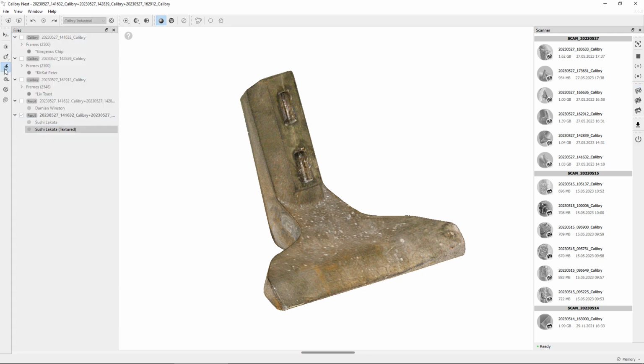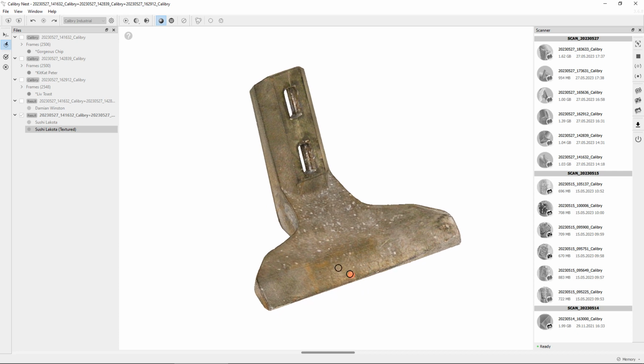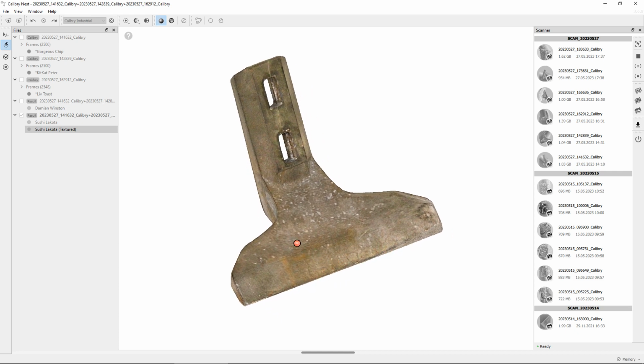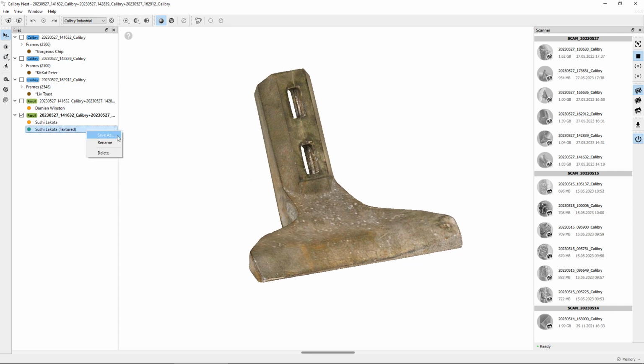And another tool that we have, it's a magic clone stamp, which helps to remove blemishes. So I can, of course, change the size of the object. In this case, I'm using Control, so all tool functions are done with Control. So then you can just select the part that you want to remove, like this blemish over here. And I can just select this little area and click on it with Control pressed, and it will be removed. So it's really useful for removing small imperfections on the object, on the texture atlas. What it does, it just takes colors from the adjacent areas and replaces this area with the adjacent colors. So there's really no magic about it, but it's really convenient, it's really handy, and helps to remove certain blemishes on the texture atlas. I'm clicking Accept,